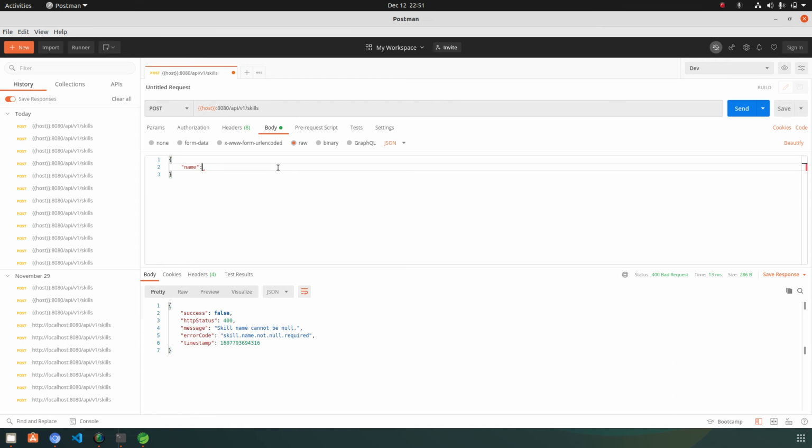So suppose if I am passing the empty string, then it should not check for the null, because I am not providing the null value, I am just providing the empty value. So it should check for the empty and not the blank and not the not null constraint. So let's check this also.